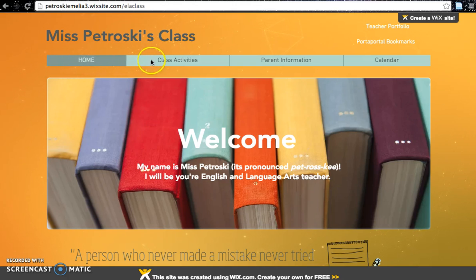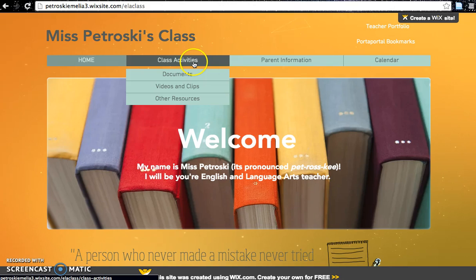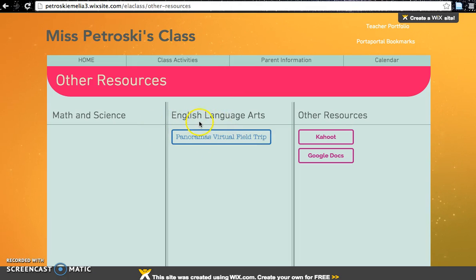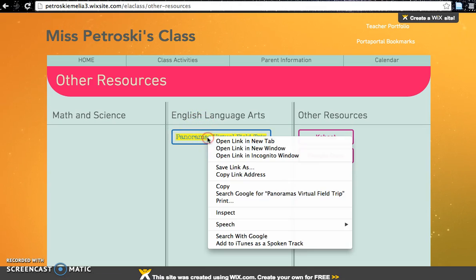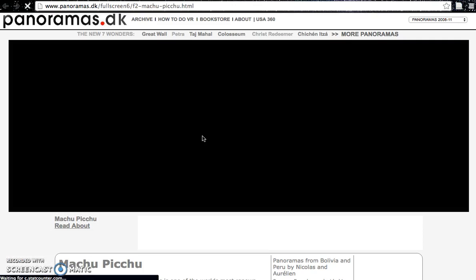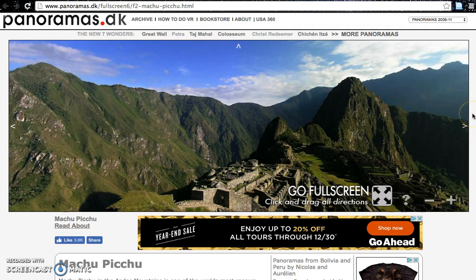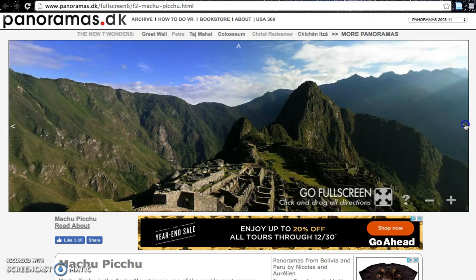Now on your menu you're going to go over to class activities and scroll on down to other resources. Under other resources we're going to go under language arts and click on the Panorama's Virtual Field Trip button. This is going to take us to a website called panoramas.dk, and this has pictures from basically somewhere all over